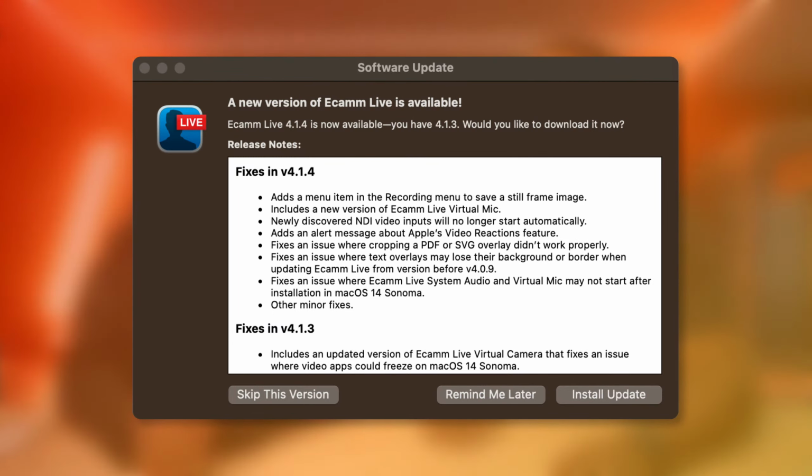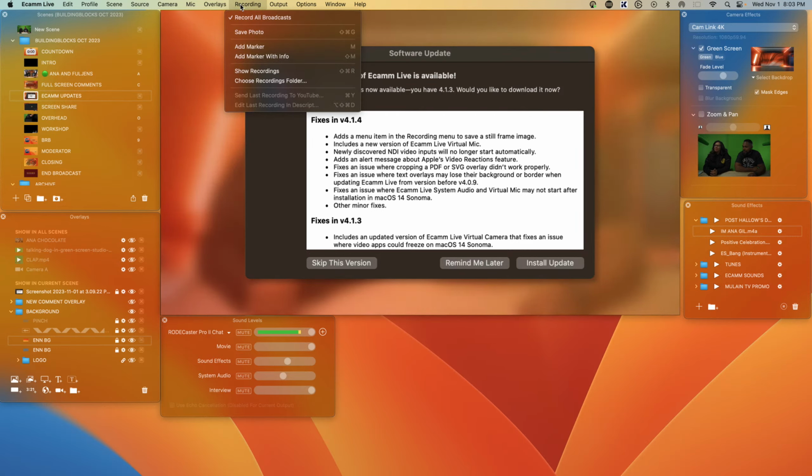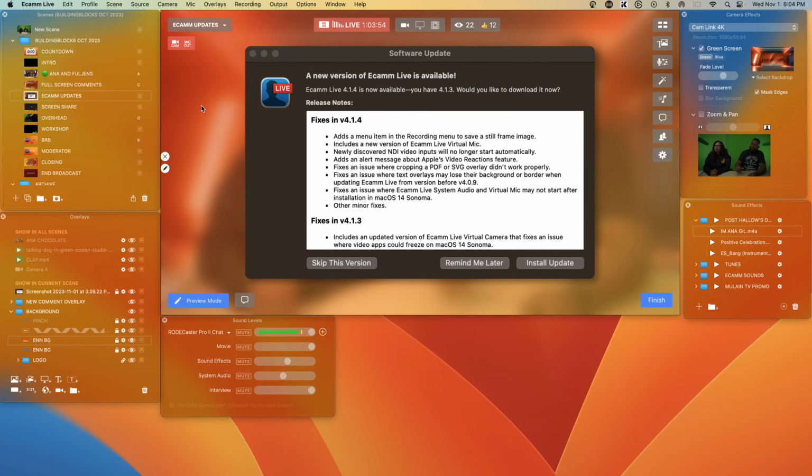Yeah, you can have your thumbnails. Yes, exactly. And then I actually added it for you here on the Stream Deck. If you go into live demo mode, up here in the recordings main menu, you have show recordings, choose recording folder, but you also have save photo now. The shortcut for that is Shift Command G. So if you click on that, or you do Shift Command G, or you add the hotkey to your Stream Deck, like we did,